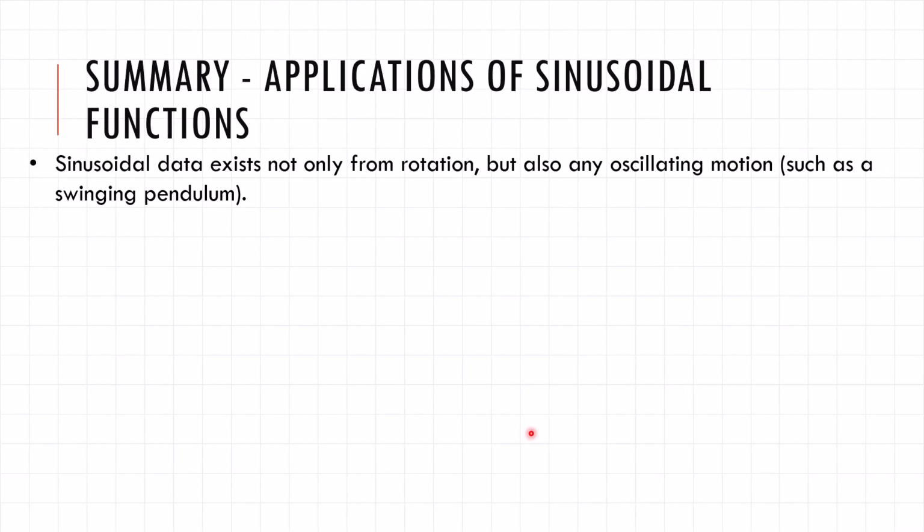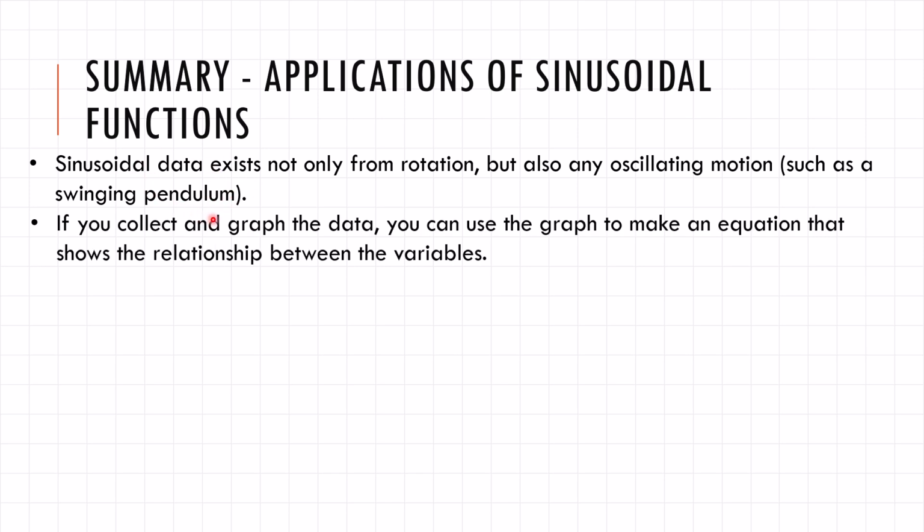And so in this lesson, we realized that sinusoidal data doesn't just happen when there's a circle rotating. It actually also happens whenever there's any oscillating motion. So any motion that's back and forth, just like a swinging pendulum. And if you find a situation like that, if you start to collect data and you graph it and it